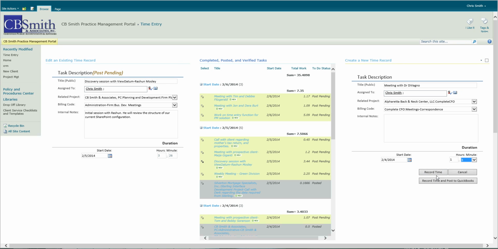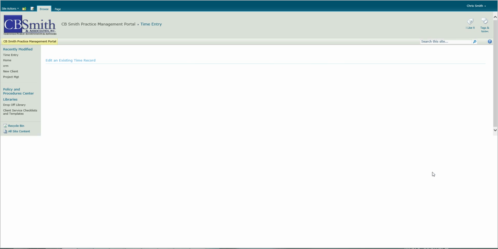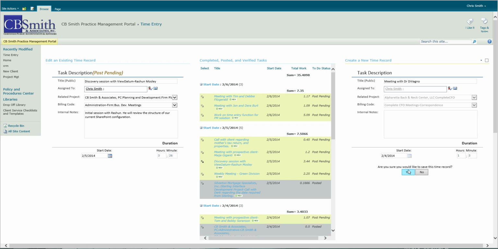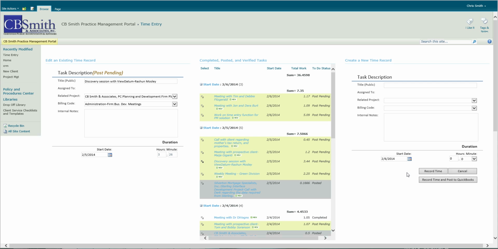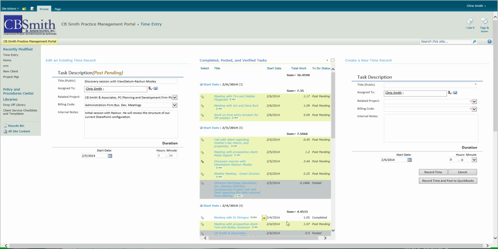And of course, I'm going to go ahead and record this, but I'm pretty happy with the way it is. I could go ahead and record this and send it directly to QuickBooks right here and now if I wanted to, but I do want to demonstrate that process of having a new item show up in here in a completed state. So I'll record this here. It's going to ask me to verify. Are you sure you want to do this? I'm going to say yes. And when I say yes, I now have my item show up down below in here. And of course, I can just go and move right on forward and go ahead and enter in my next item, which was